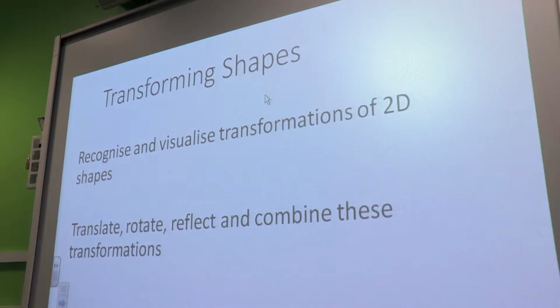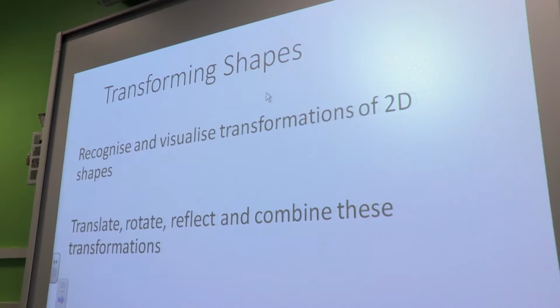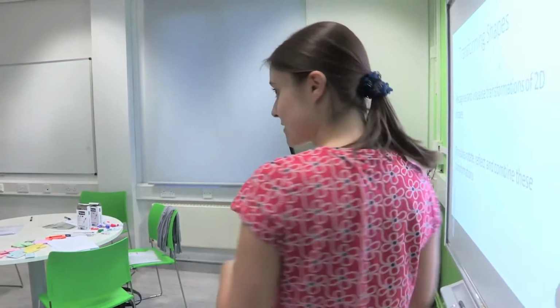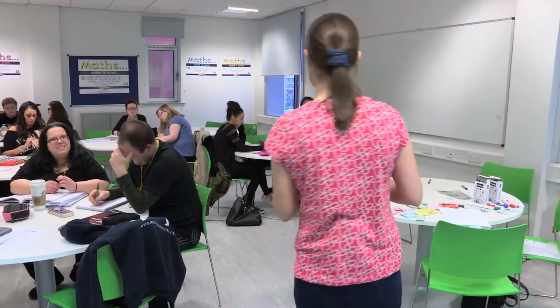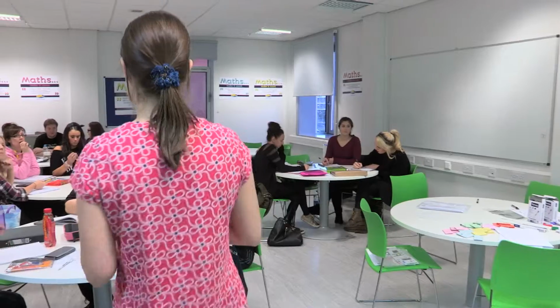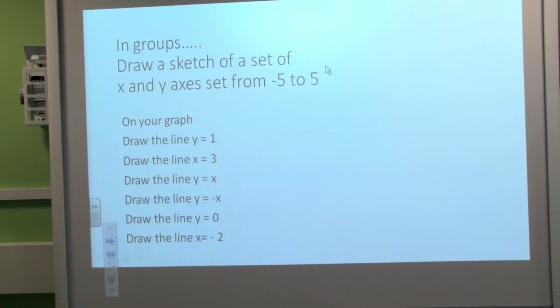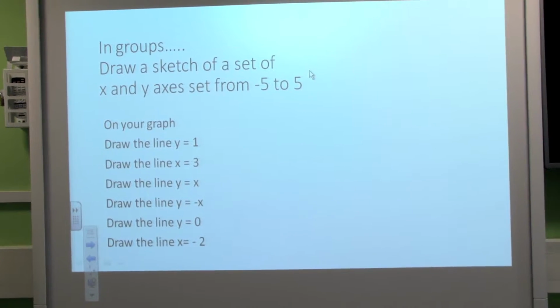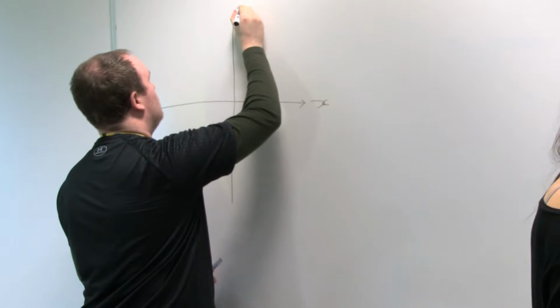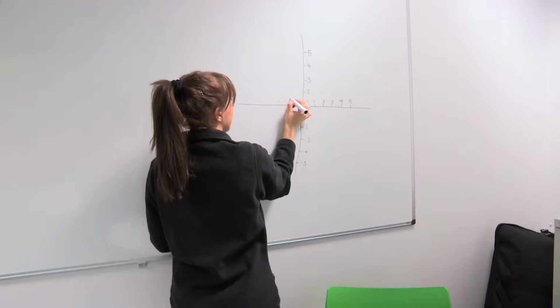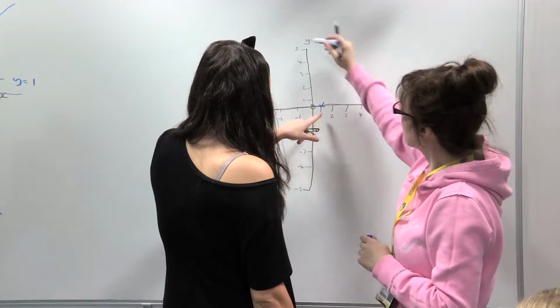We're going to look at transforming shapes, and those are translations. My intentions were to get them to look at moving shapes around in an interactive way, so they could have a look at what they needed to do together, and I wanted them to be able to see it quite visually and hands-on. So what I was aiming at was, first of all, getting them to get an idea of where they needed to draw different lines and where coordinates are on axes, so they were familiar with where they might be transforming their shapes.